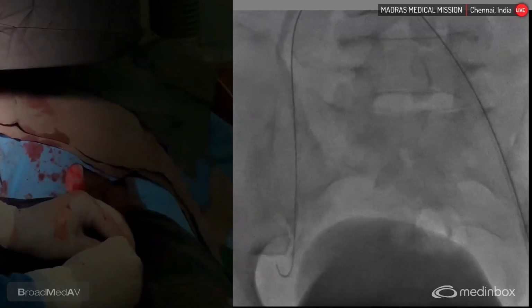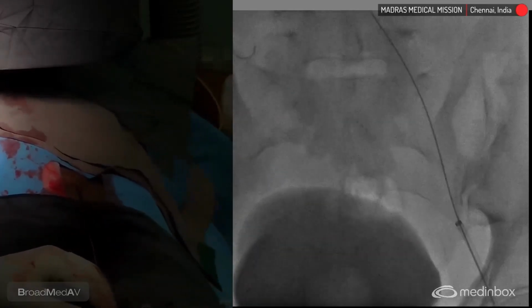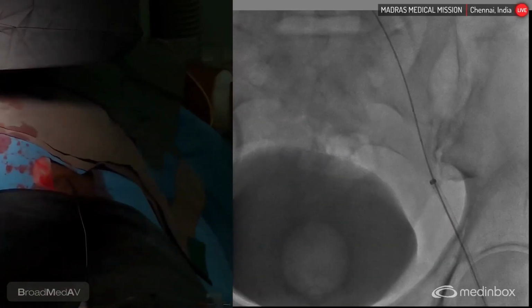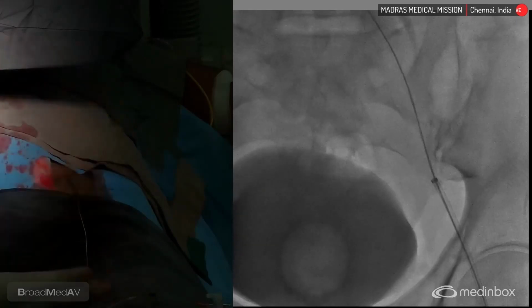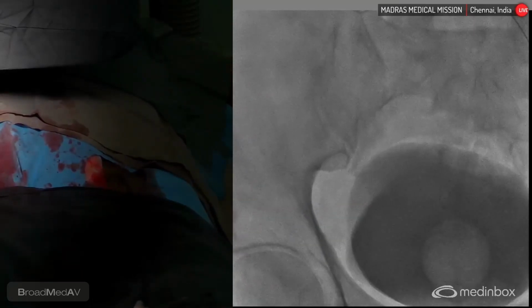The bladder, you see, sir. Sir, it's like pulsating. You can see the bladder pulsating. Why bladder is